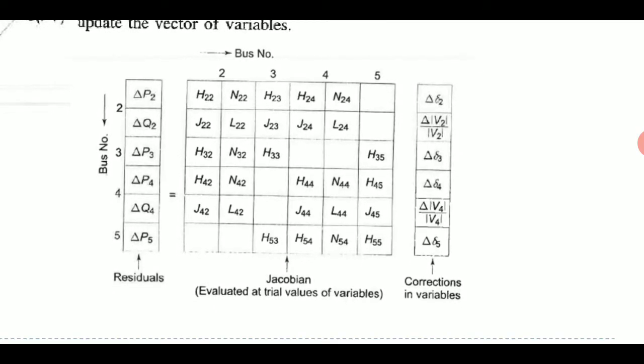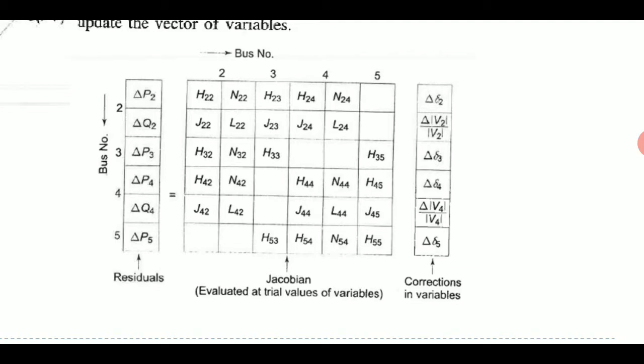matrix that is being formed, where on the left hand side we have the delta P and delta Q. What is the delta P? For every bus, the delta P is formed by the difference of the actual value of the P given and the P that is calculated by the formula that we have discussed before. Okay, that difference is the delta P. Now this function should be equal to the Jacobian multiplied by the change in the variable. Now for the variable it is the delta and the modulus of V.